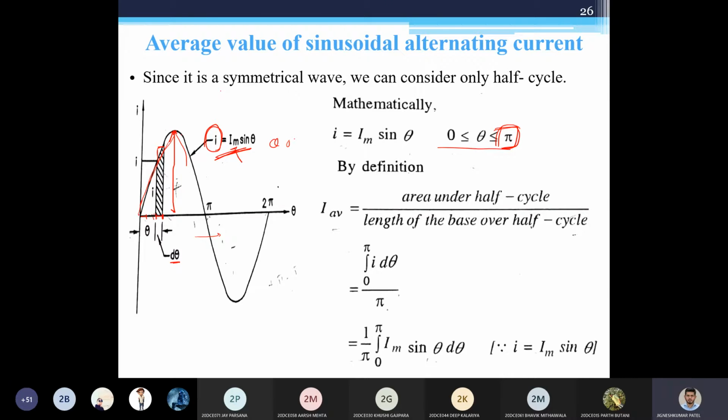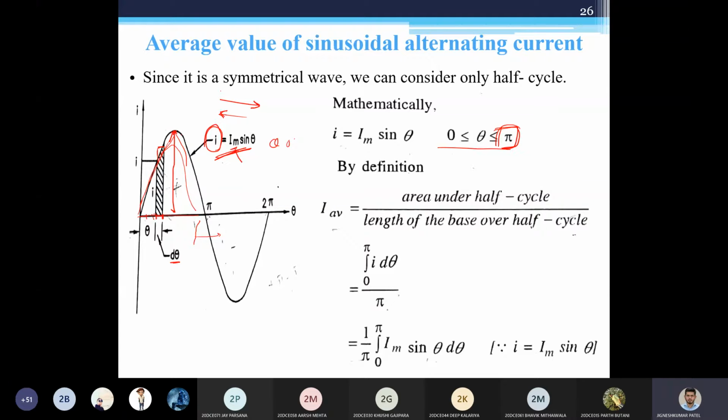Why will it become 0? Because whatever charge is transferred in one direction in this amount of time would be transferred in the other direction, because the current would be the same and the resistance would be the same. Initially charge can flow in this direction, but this is AC, and we know the definition of AC: the direction must change. When the direction changes, the same amount of charge goes in the other direction, so the average value becomes 0. That's why we only calculate the average value over a half cycle, and that average value would be the same for the other half as well. So for any half cycle, the average value would be the same.